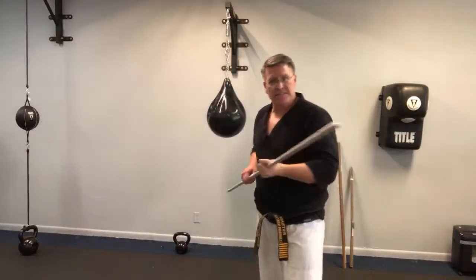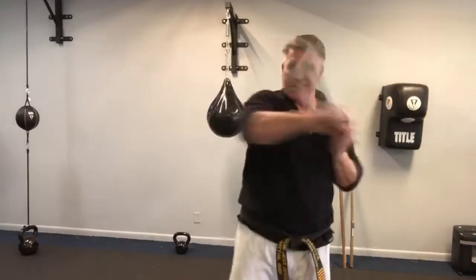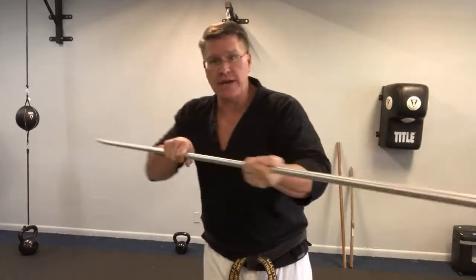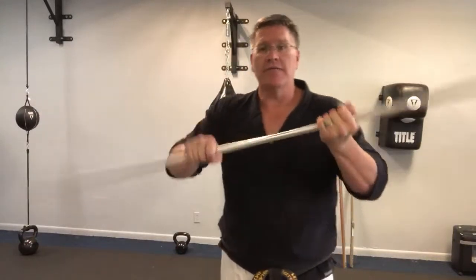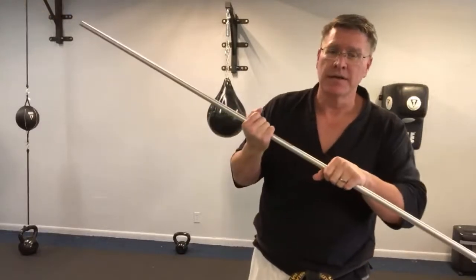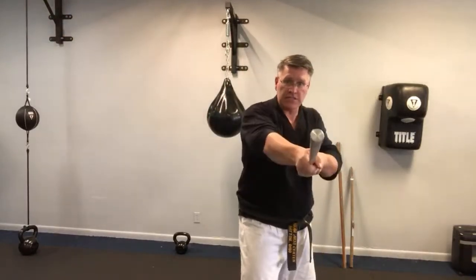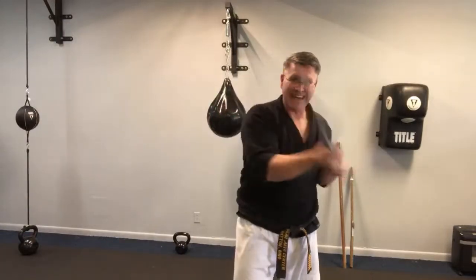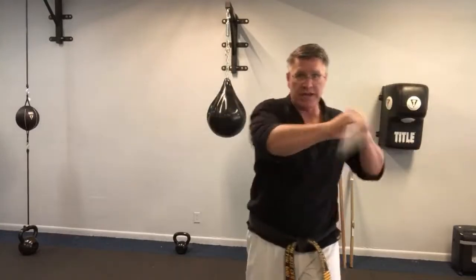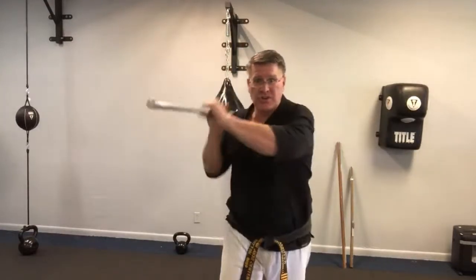Target maybe his face. That's that first thrust. And then his cheek, that's a second strike. And then his temple, that's that third strike. And then instead of starting over, use your combat spin. Get it in the other position. Do your thrust, strike, down, combat spin, thrust, strike, down, combat spin, thrust, strike, down,